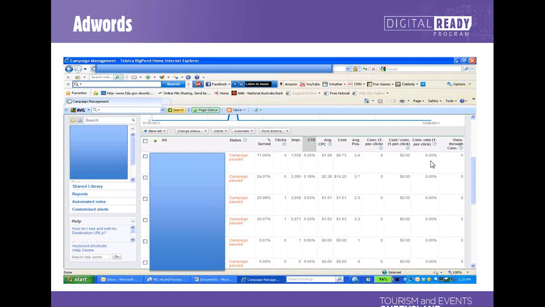Yeah, conversions are all here. So conversion, cost per conversion and conversion rate. And yeah, you can set these up. We hadn't set these up in this particular one because we were really interested in driving traffic. That was our metric. But if you were selling something or trying to get people to go to a booking path or fill in an inquiry form or whatever, you can set this up in AdWords and call that a conversion, and then you can get a really good measure of how successful your whole advertising campaign was, from the ads that were shown, the number of clicks you got, how much it all cost you, and what you got in revenue at the end.